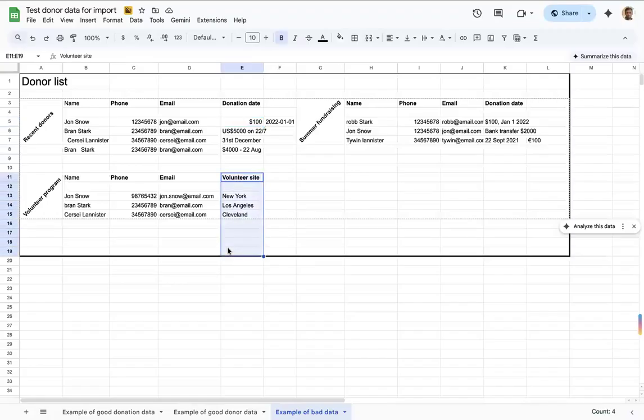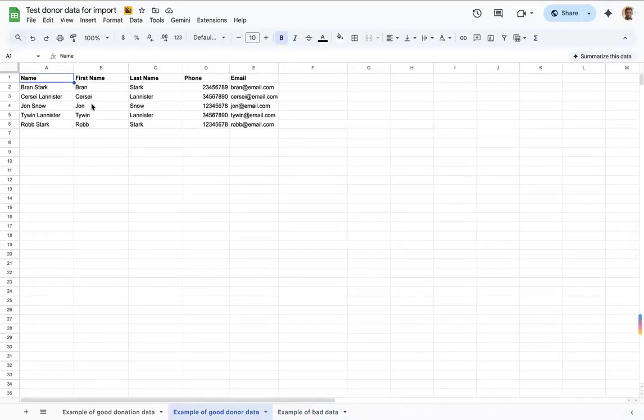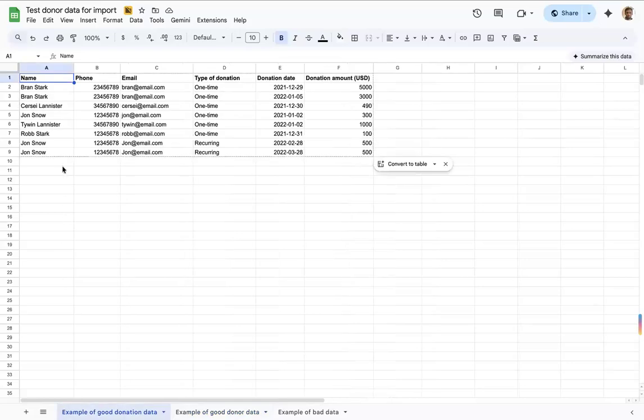Like, it's a mess. I labor the point here just a little bit, I know, but it's because I worked on a big project with a UN agency to put a bunch of their data into Monday. And we spent 6 months, I'm not even exaggerating, cleaning up their data. It took me a day to build a Monday board and upload it. Honestly, that was the easy part, but their stuff was just in a way that was difficult to upload. So ideally, you want to have a board that looks like this, standardized, all your columns are the same, formatting is correct for your donors, and a board that looks like this for your donations.